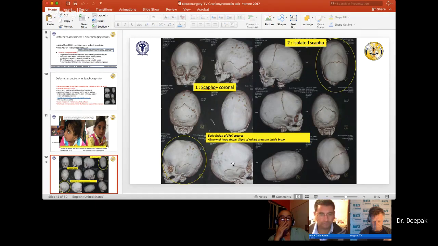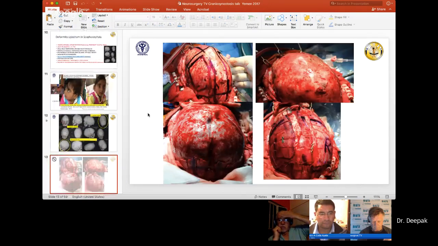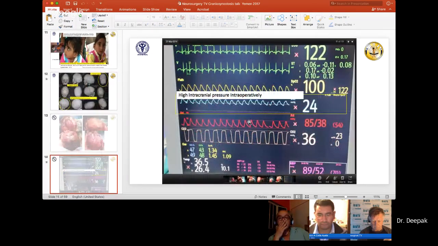So this is the beauty of nature. You can see both the variants in the twins together. So this is what I did. I did cranial vault remodeling and advancement in both these children, and they were 1 year of age when they were operated. In fact, a week after the surgery was their birthday. And the intracranial pressure, interestingly, was high in one of the children, that is the atypical scaphocephaly patient.